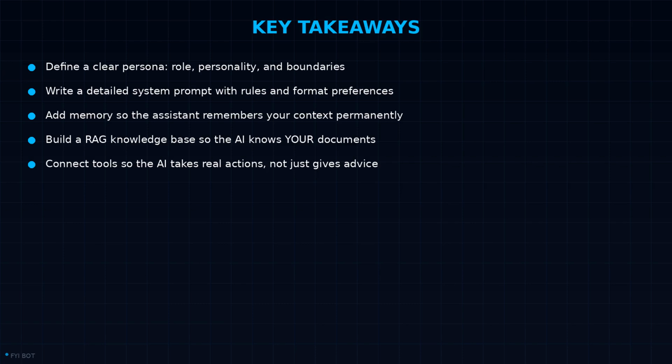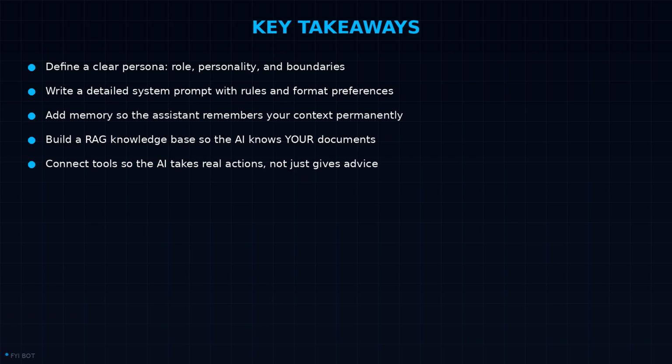Let's recap the 5 steps. 1. Design a clear persona with a defined role, personality, and boundaries. 2. Write a detailed system prompt that acts as your assistant's permanent instruction manual. 3. Add persistent memory so it remembers your preferences, projects, and context across conversations. 4. Build a RAG knowledge base so the AI can answer questions using your own documents instead of just general knowledge. And 5. Connect tools and APIs so your assistant can take real actions like scheduling meetings, sending emails, and